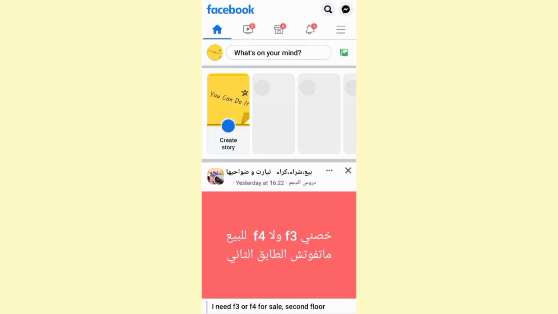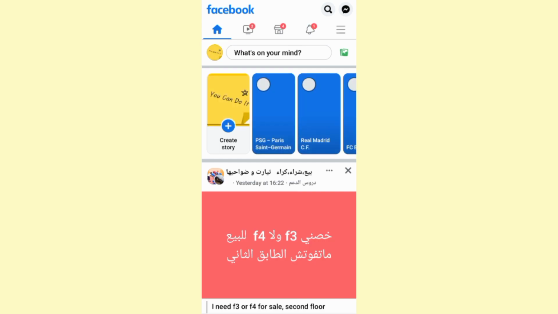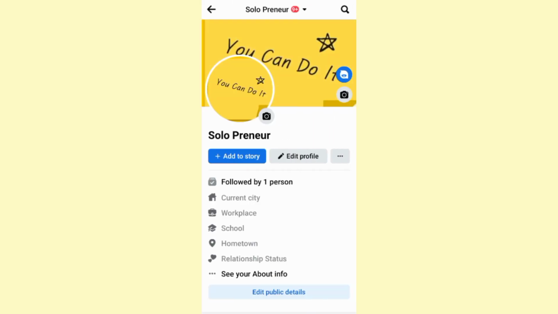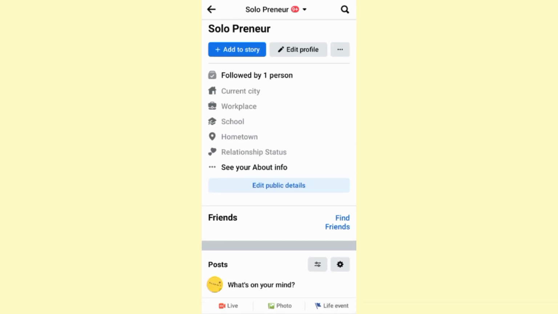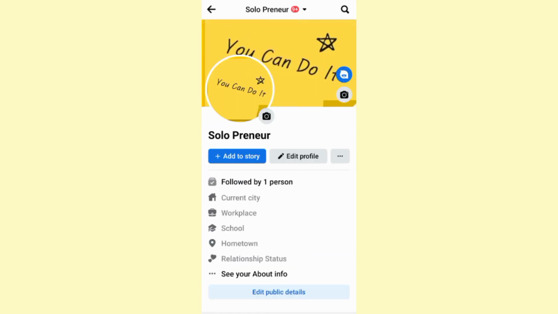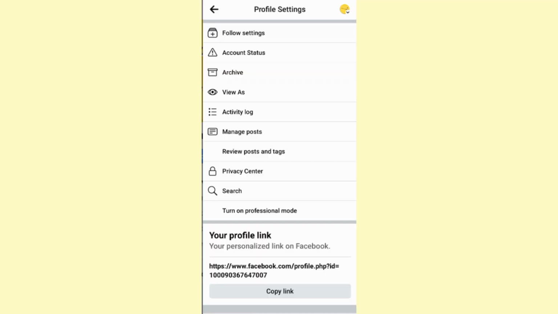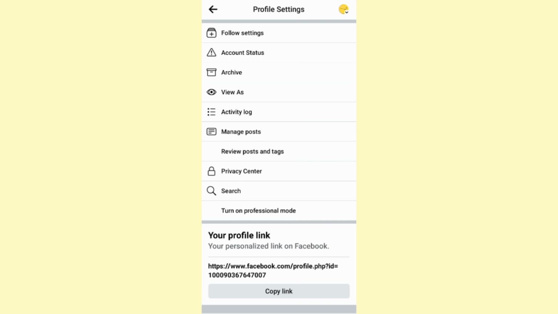Open Facebook and navigate to your profile page. And once you are here, as you can see, this is just a regular account. You need to click on these three dots right here, midway screen on the right. Click on them and you will be brought to this page right here, in which you will see there's an option at the bottom that says turn on professional mode. So go ahead and click on it,